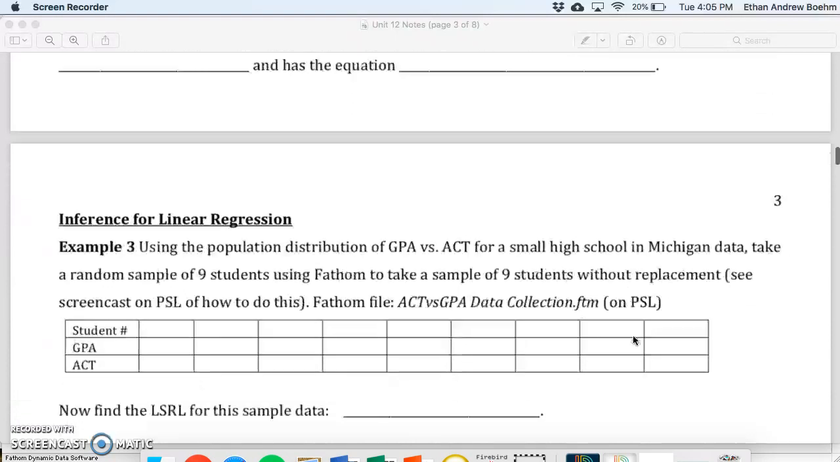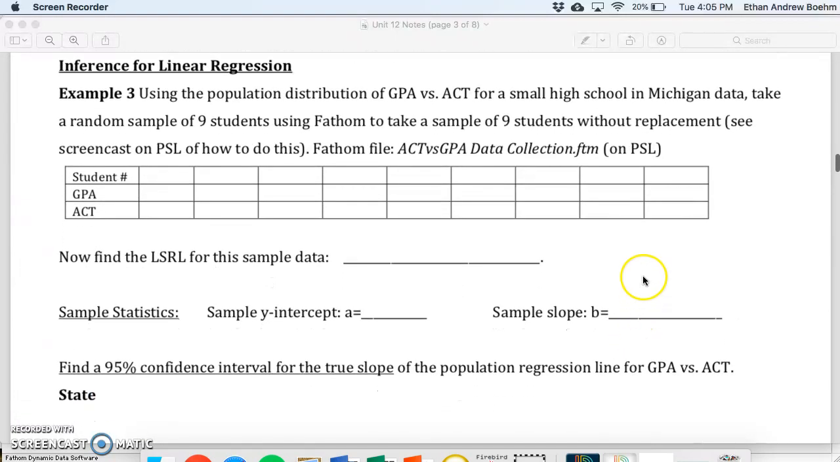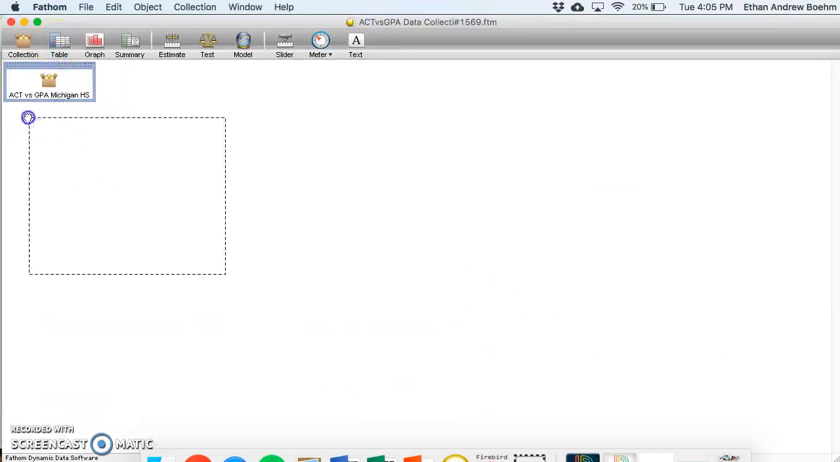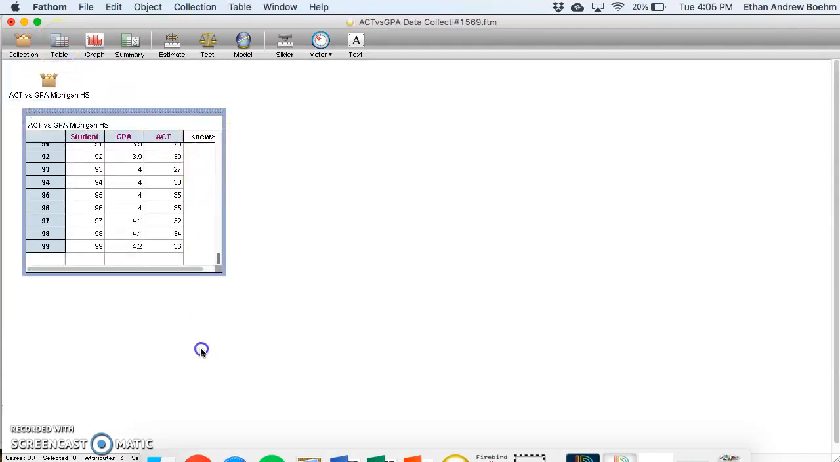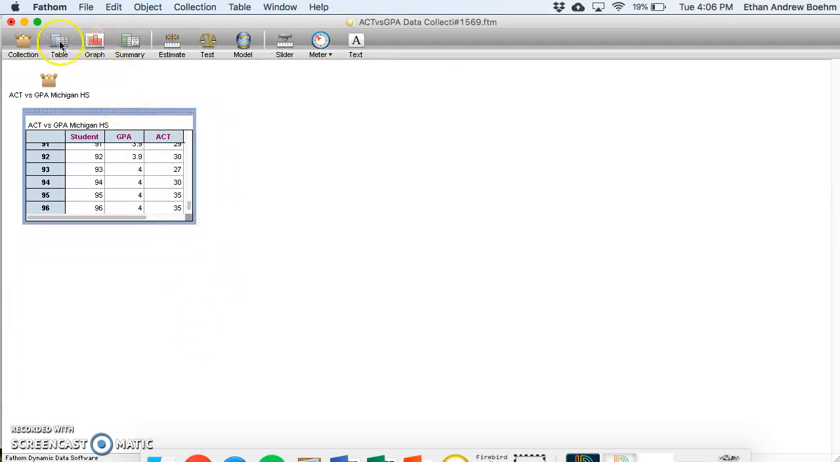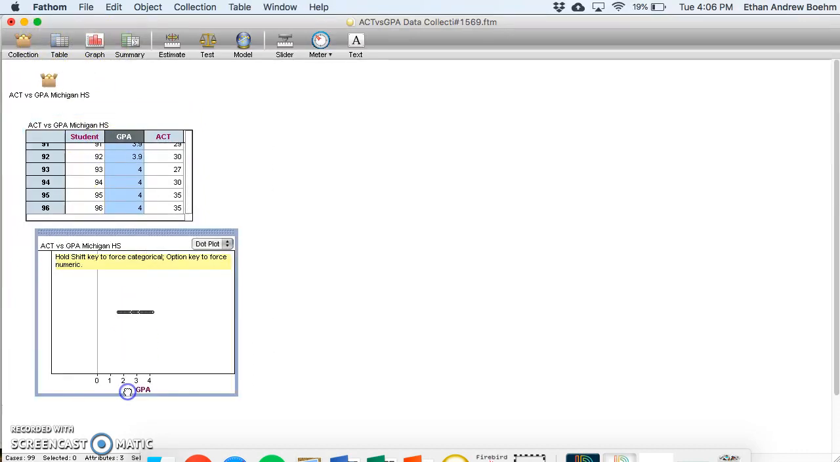So let's say that you wanted to take a sample of a population. So I've got a population data here. I can take a look at it. It looks like I've got 99 students, their GPA, and maybe we're using that to predict their ACT. Now I'm going to take a look at what does that look like graphically. It looks like this